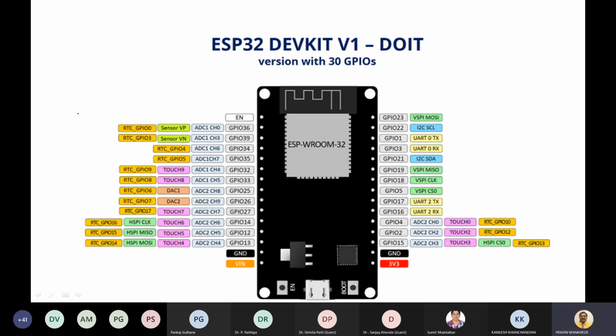So this is the pin connection for the ESP32 development kit. I'm showing the 30 GPIO development kit. As you see, on different IoT boards these pin numbers will be the same, only their location will be different on a board. It means that GPIO 1 will be the UART TX, that will be the same, but their location may change depending on the module that you are using.